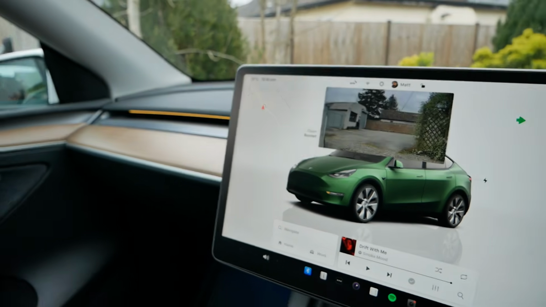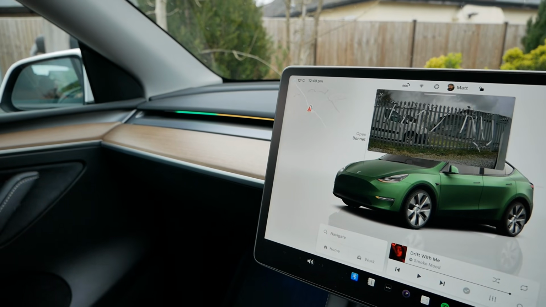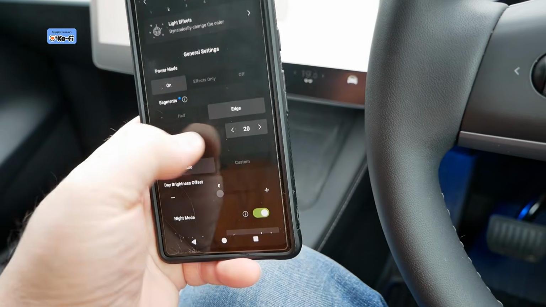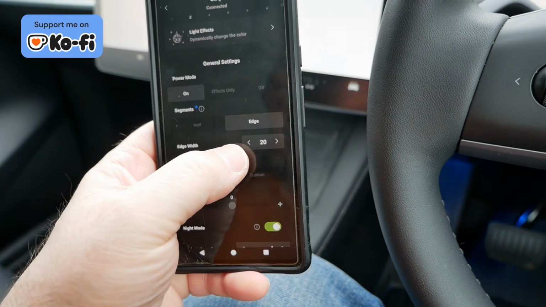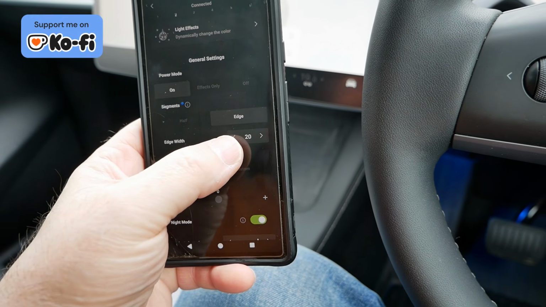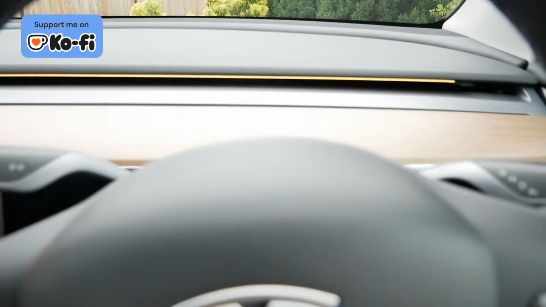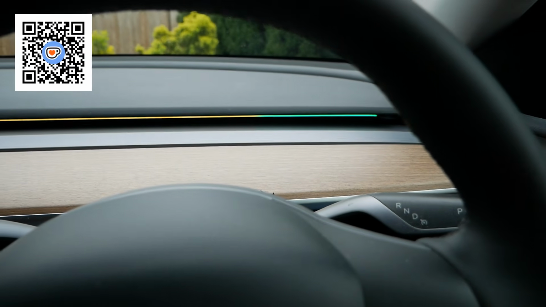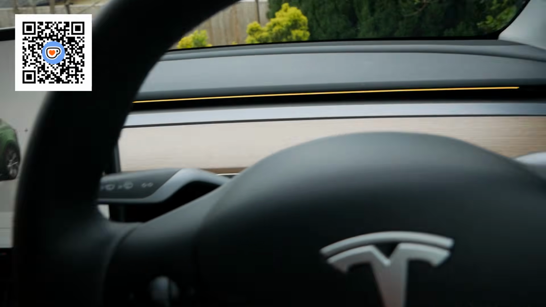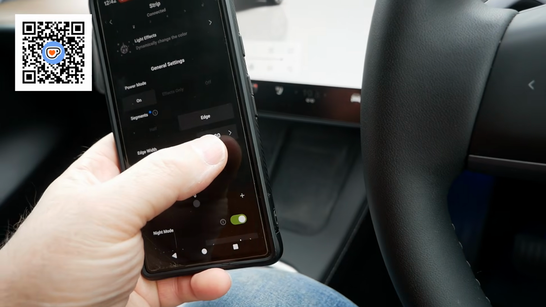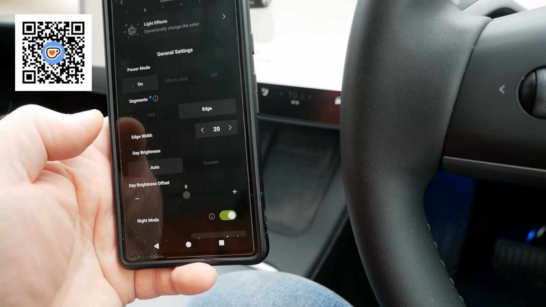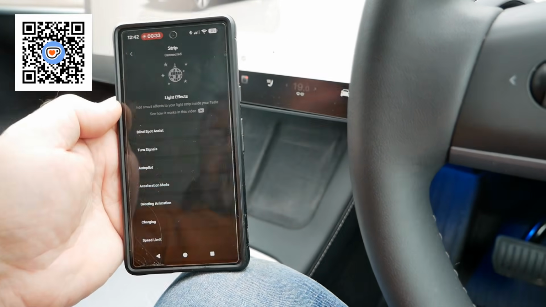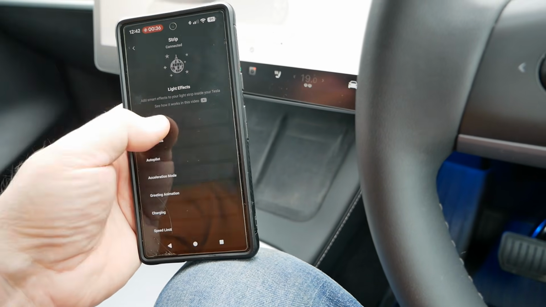So there, that is great. That looks really good actually. But I'm surprised they didn't give you more adjustment than that. I guess that is 10% to 20%. And then half of the strip is obviously 50%. So I'm going to leave it on 20. I think that's about right. But I'm surprised that didn't go all the way up to 50, and that you could then really adjust what you wanted. So let's have a look at the blind spot